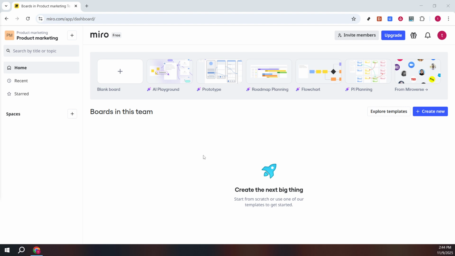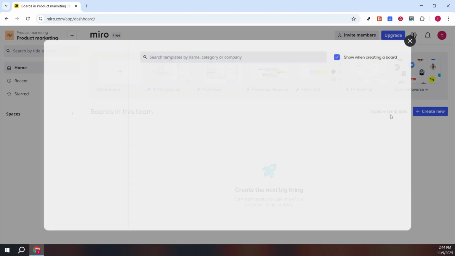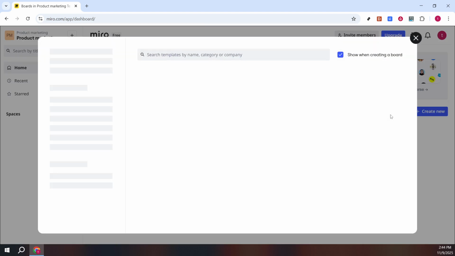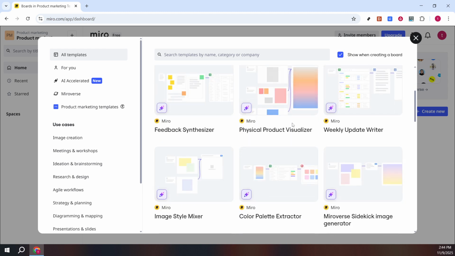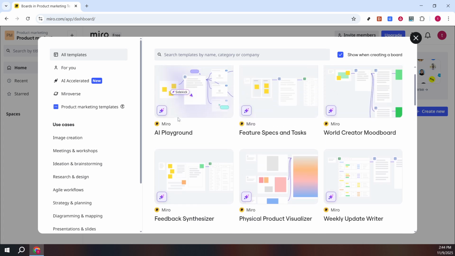On the homepage, look for the option called Explore Templates. This feature is particularly helpful as it gives you a plethora of different templates curated for various needs. Clicking on Explore Templates will open up a world of possibilities, giving you the tools to get productive and creative with ease. Once you're in the templates section, you'll notice that Miro is packed with an extensive range of templates